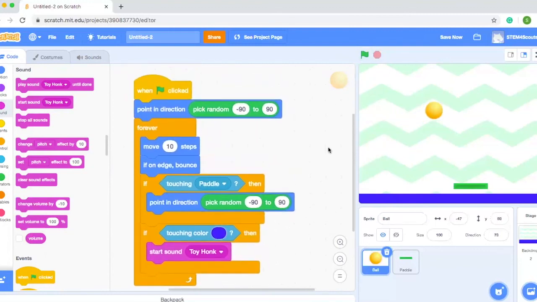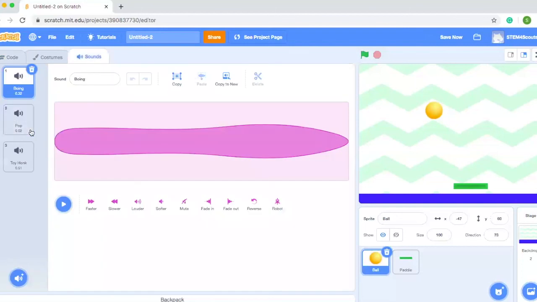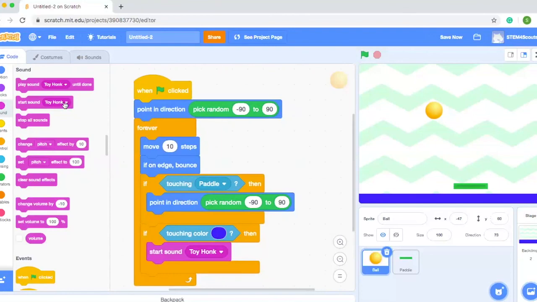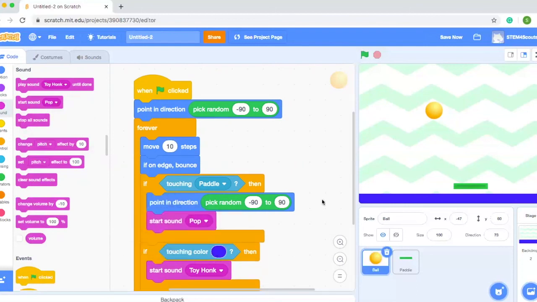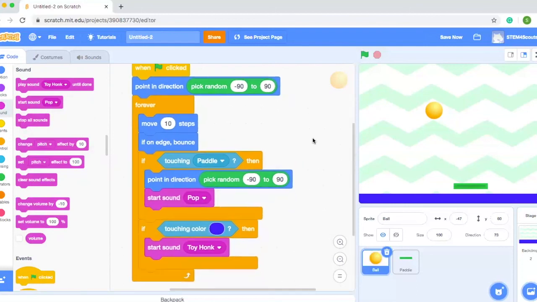Then let's make our ball play a sound when it touches our paddle. A much more pleasant sound. So all we have to do here is, since I already have a pop sound in my samples, I can just head over to code, click on this menu that appears with start sound, and I'm going to click pop. I'm going to say start sound when it touches the paddle. And say cool. When my ball touches the paddle, it's going to make a sound as well as bounce off